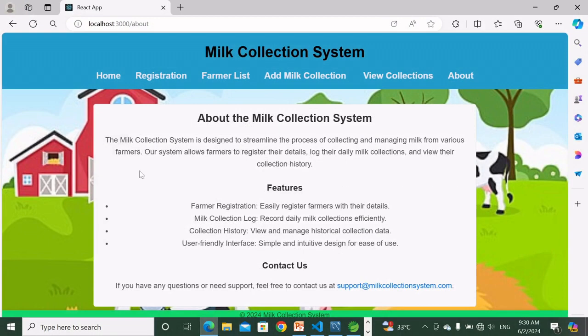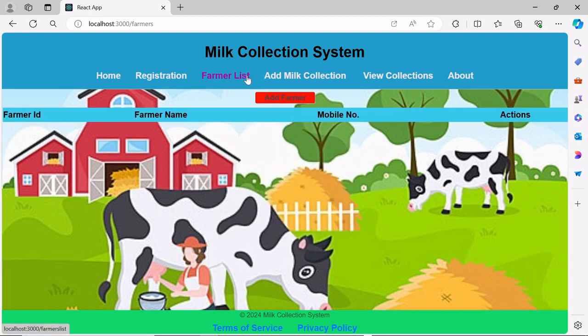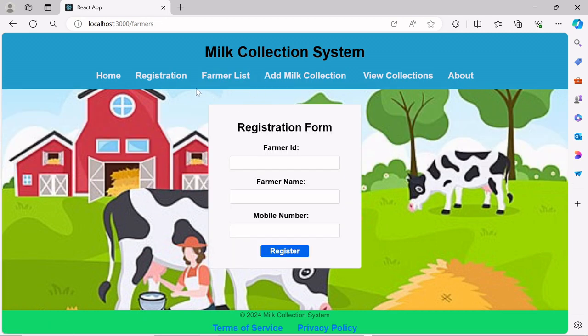Here I created the UI, this front-end application, and it is designed in React.js. This is a single-page application, and here we do registration of a farmer.